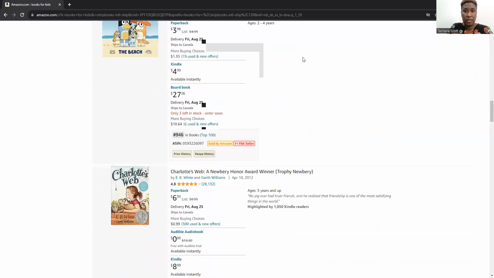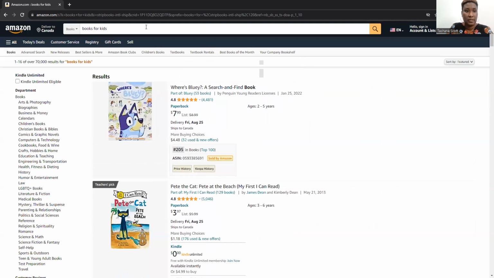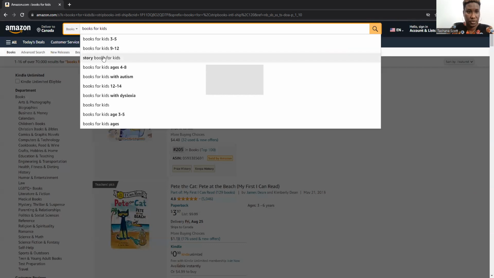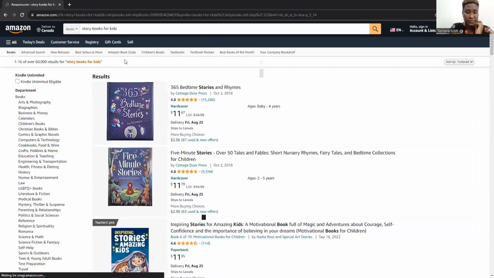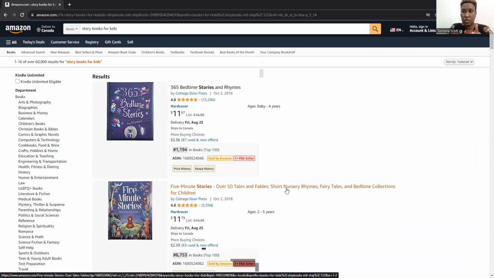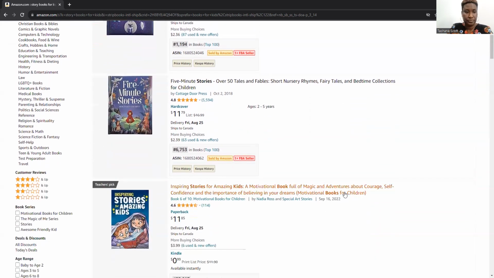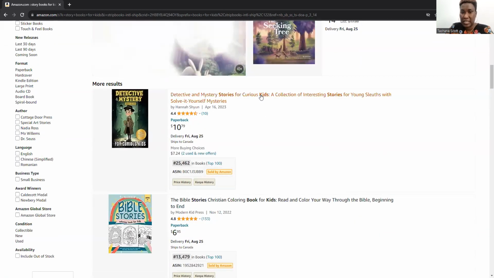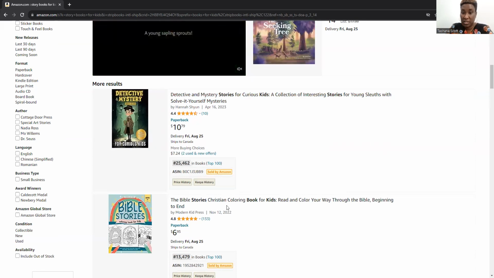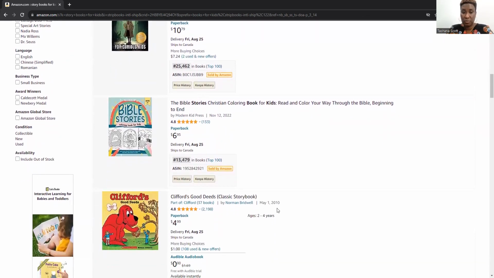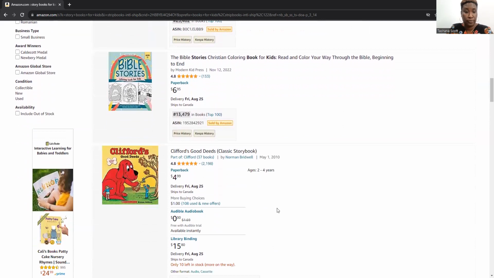Now let's go back up here and see. Let's find storybooks for kids. Here we go. Tales and fables, short nursery rhymes. Another set of keywords here, right? Detective mysteries, curious kids, books for curious kids, Christian coloring book for kids. These are all keywords. If you just think outside of the box, you can pick up on keywords right here